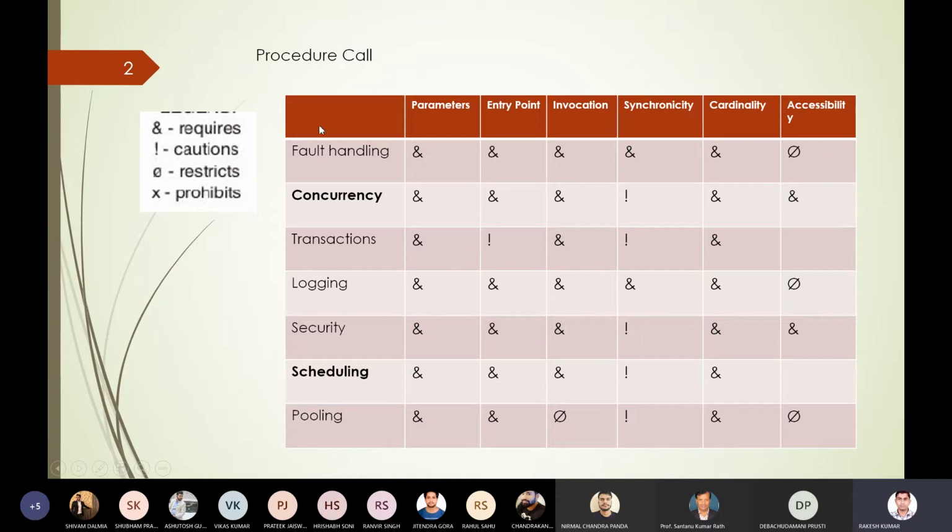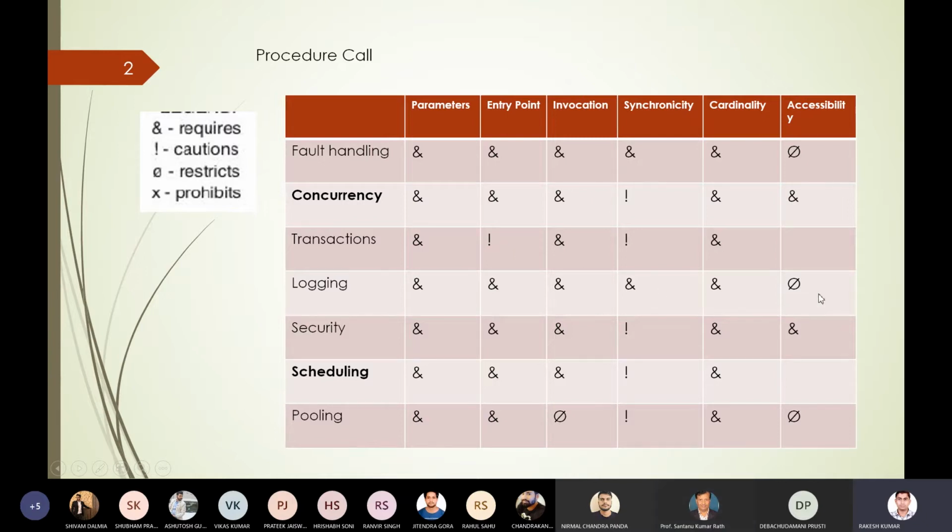Now the arbitrator can be combined with the procedure call dimensions, like parameters, which is mandatory for all the dimensions. This represents the cautions, like when we are using transactions with entry point, caution is there, means that combination is valid, but if we use it, it may result in unstable or unreliable connectors.